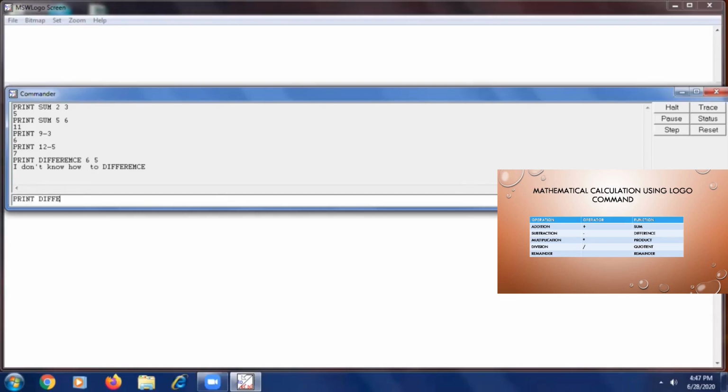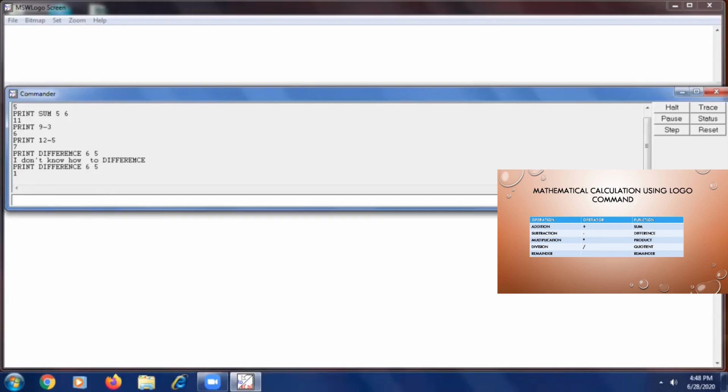Print difference 6 and 5, so the difference is 1.